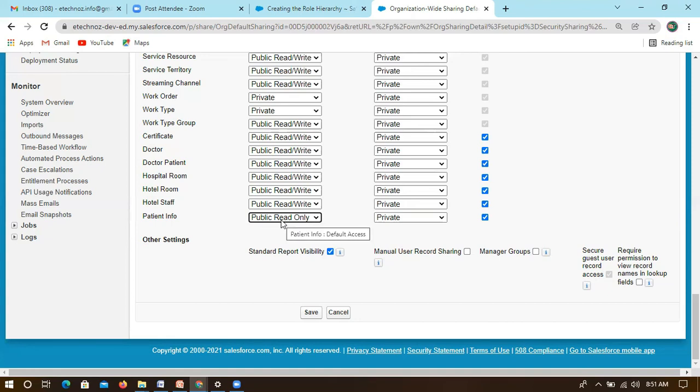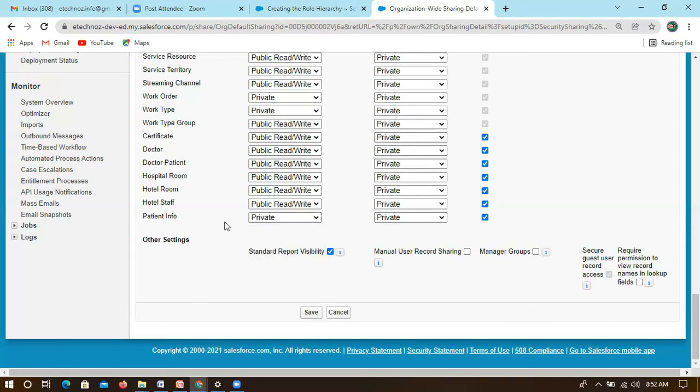They can only see all the records. We are talking about records only from now on. All the data we created they can access if it is public read only, but they can't edit it. If it is read/write, everyone can access patient info, and the second option is that they can also edit it.